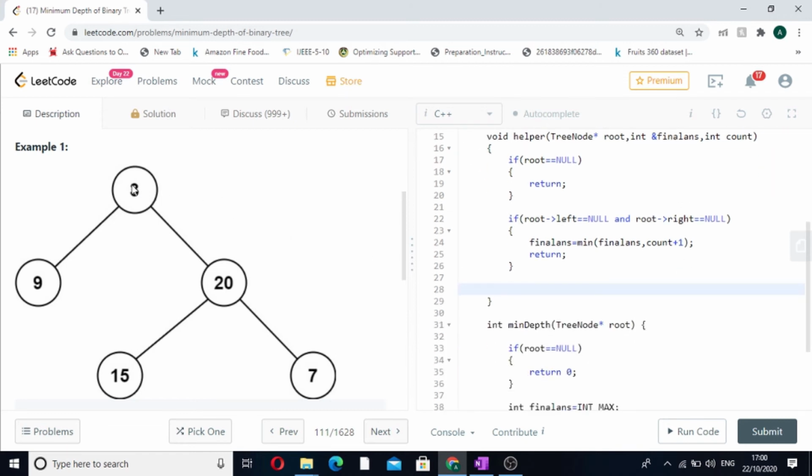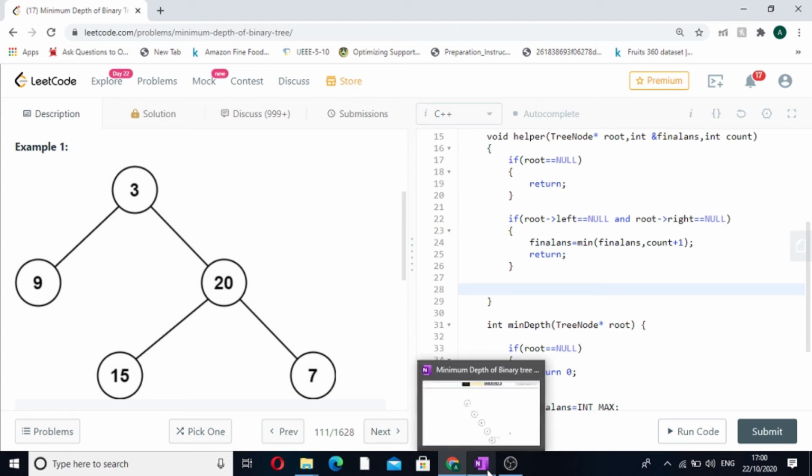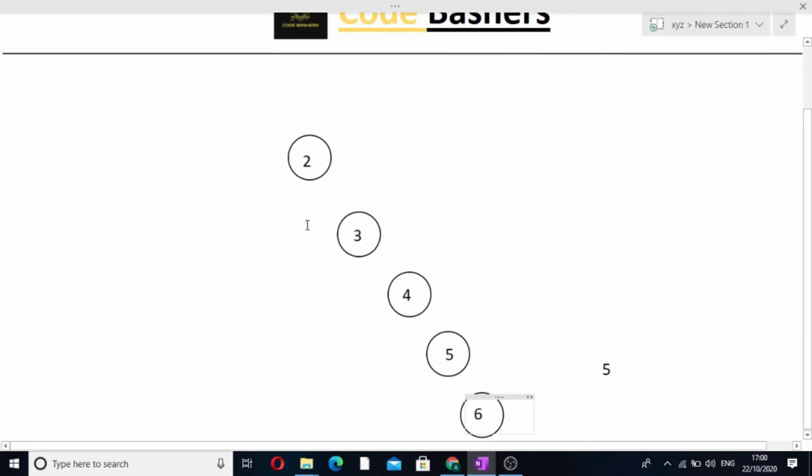See, when we started this question, we were at 3, and it consisted of both left side as well as right side subtrees. But suppose there is a case where the tree is present on only one side. Suppose this is the tree we are having. Going from 2 to the left side does not mean anything, we will not get anything.